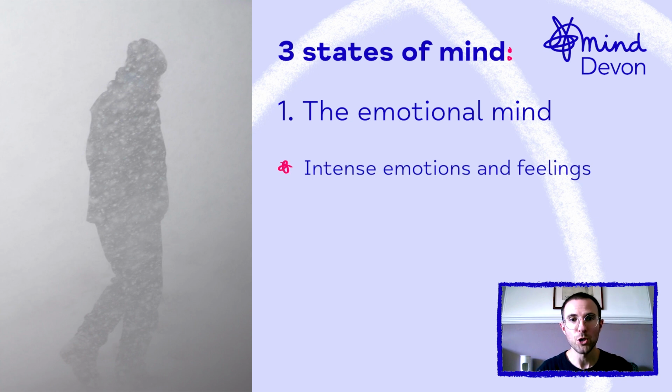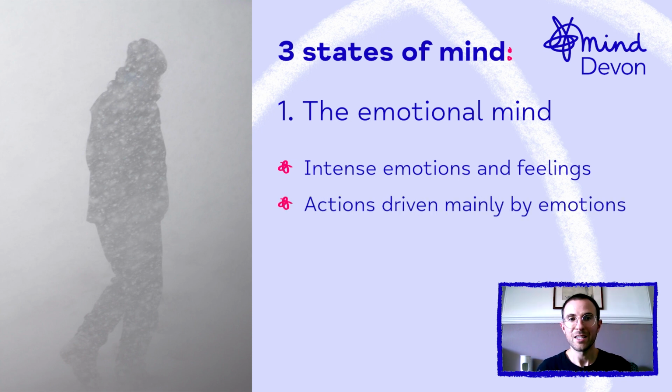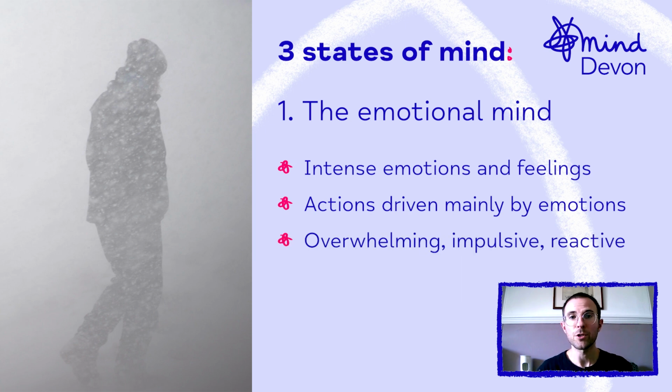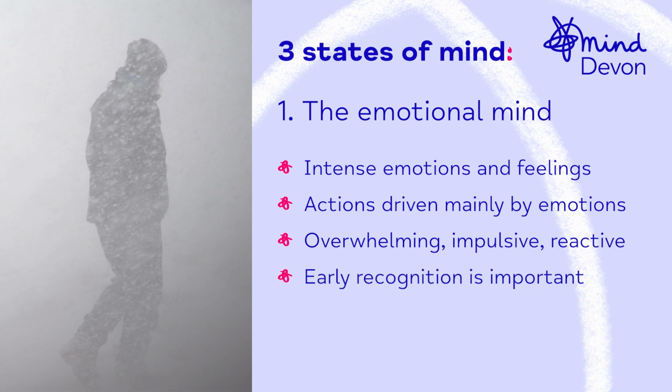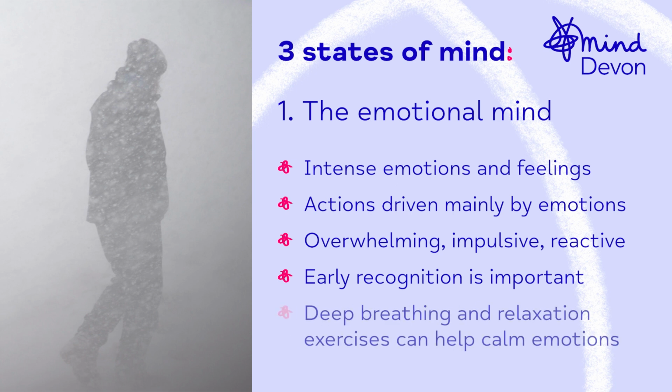When you are in an emotional mind state, your thoughts, decisions, and actions are primarily driven by your current emotions. This state can be overwhelming, impulsive, and reactive. In terms of emotional regulation, recognizing when you are in an emotional mind state is the first step. Once aware, you can then use strategies to calm intense emotions and prevent impulsive or unhealthy behaviors. Techniques like deep breathing, relaxation exercises, and even distraction can help you move out of emotional mind and into a